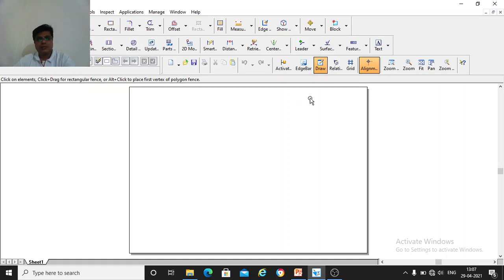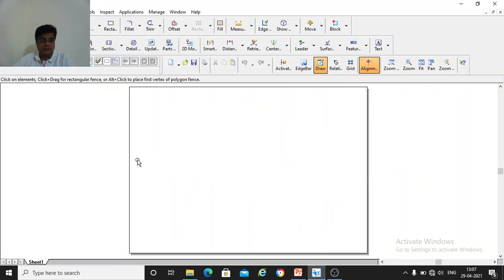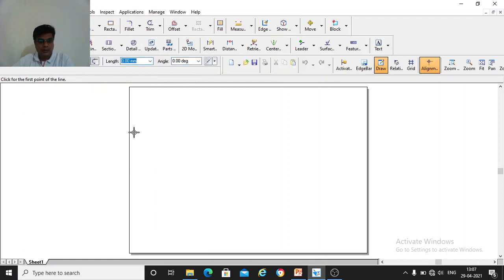So here in the sketch, in the drawing sheet, A4 sheet, keep it horizontally, and approximately in the middle of the sheet, first you draw the XY line. So this XY line, what is seen here, you should draw now first. To draw that, you take your micro dip pencil and scale, and you draw it from one end, approximately in the middle of the page, from left to right.